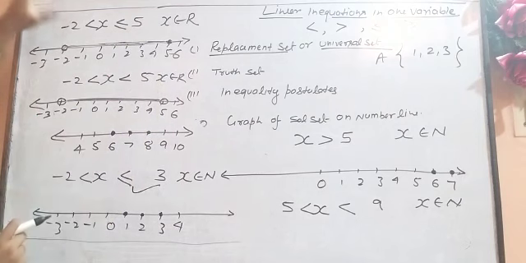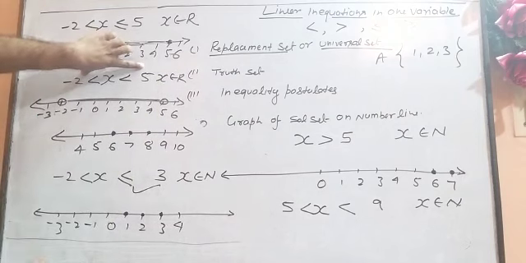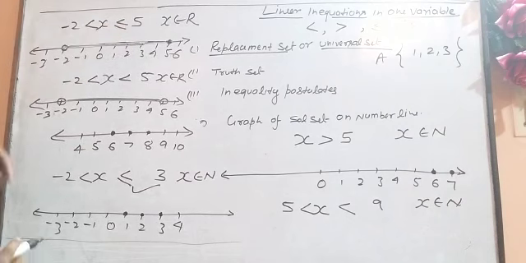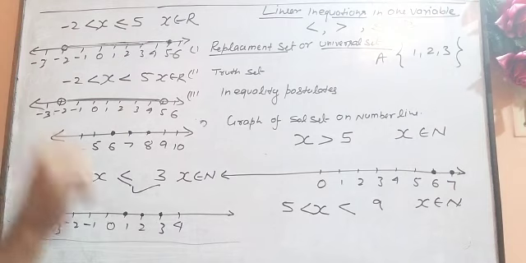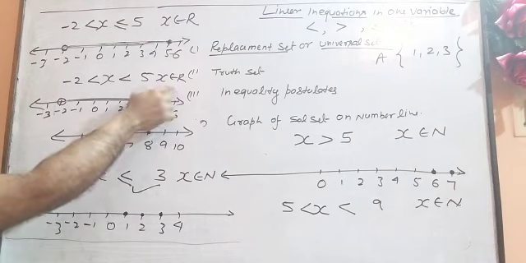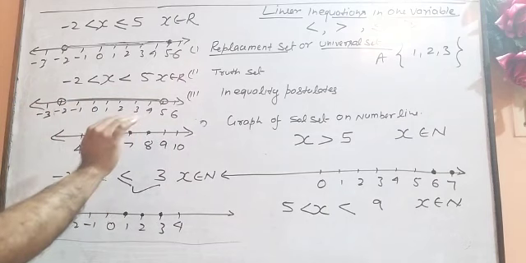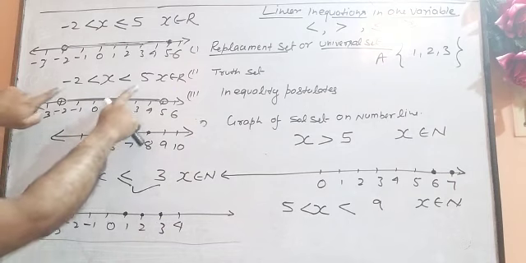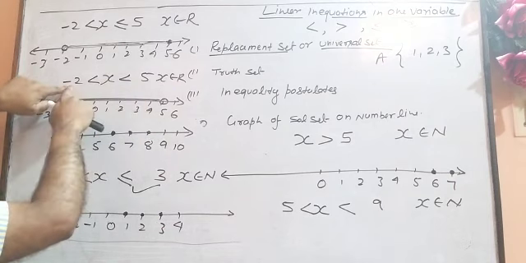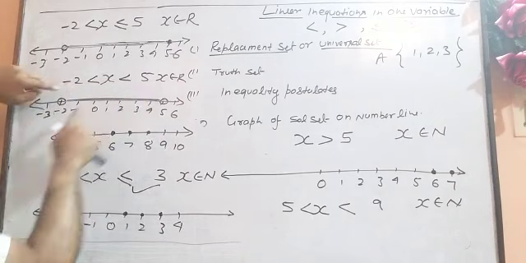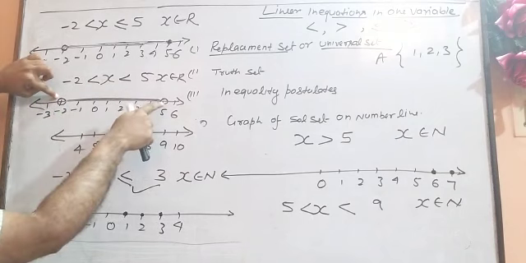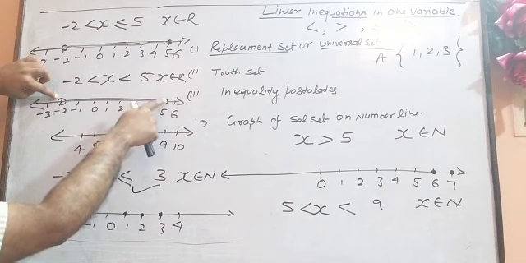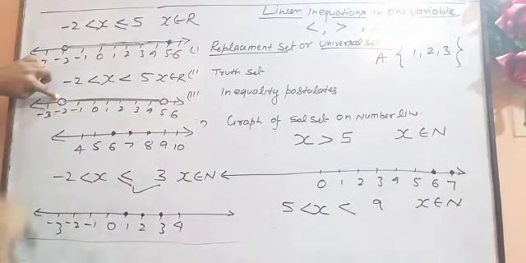In case of natural numbers, these are the boundaries. Between these two boundaries, -2 and 5, the natural numbers will be 1, 2, 3, 4. So in that case we will put dots over 1, 2, 3, 4. But since this is real numbers, we need to use the concept of drawing the thicker line to show the boundaries. -2 and 5 are the boundaries. So I start with -2 and end at 5. At 5 we have made a circle, at -2 also a circle. Thank you.